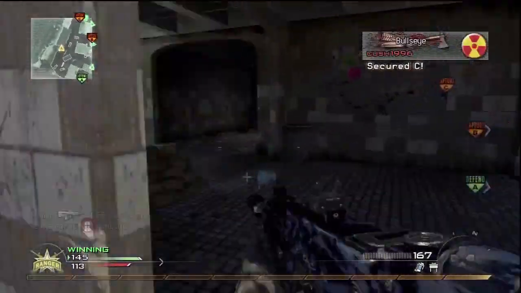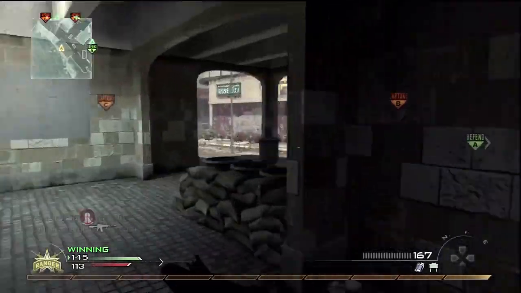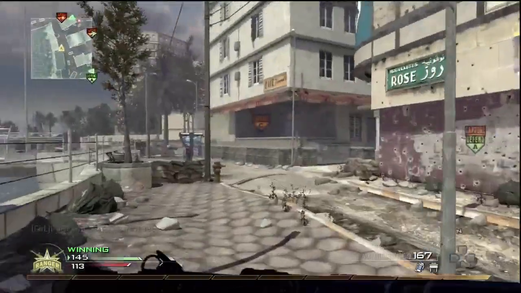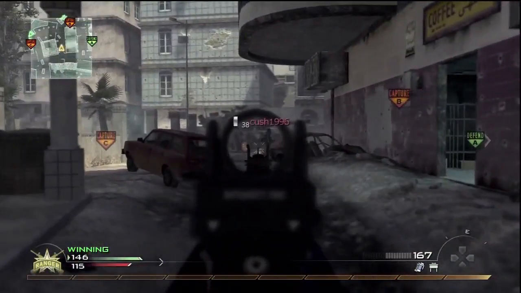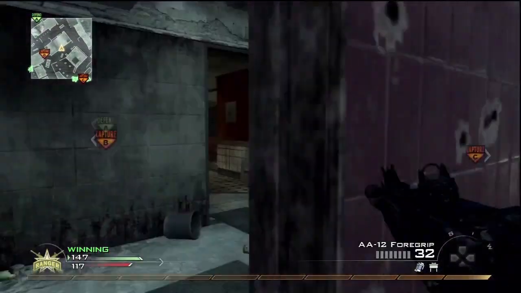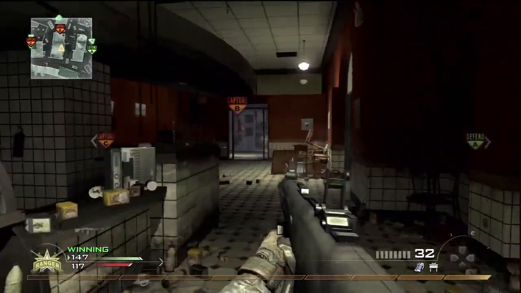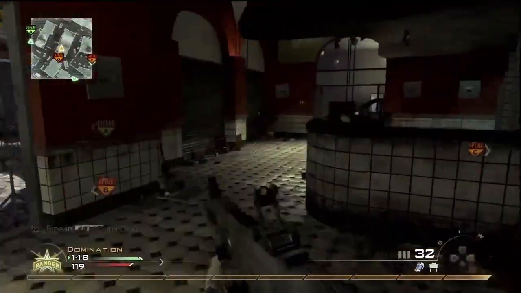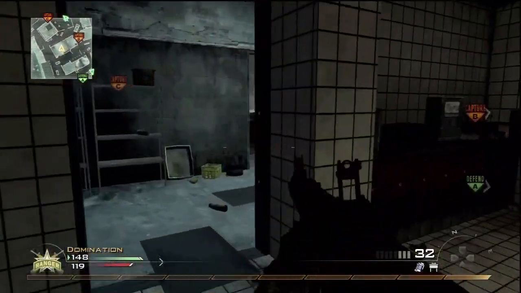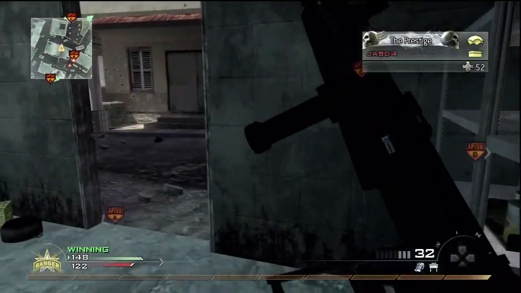And this is what really annoys me in this particular game. I've just moved away from B to go capture A, and as soon as I do that, we've already lost B, and now we've lost C again. So I'm making my way over to the B flag here, and I'm just trying to lock it down again. And I take my AA-12, which is probably...